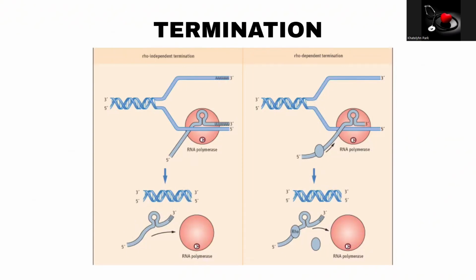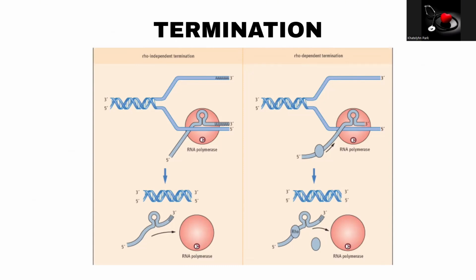Termination in prokaryotes occurs in two ways: rho-dependent and rho-independent termination. In rho-independent termination, it relies only on the RNA sequence being transcribed. The presence of GC inverted repeats forms a hairpin loop structure that acts as a physical obstruction for transcription. Moreover, the presence of poly-uracil forms weak bonds which can be easily disrupted.